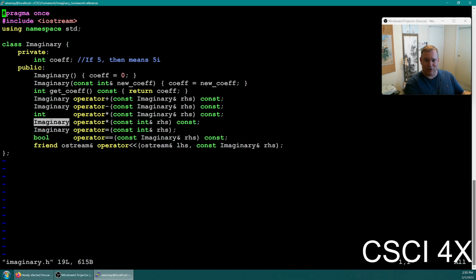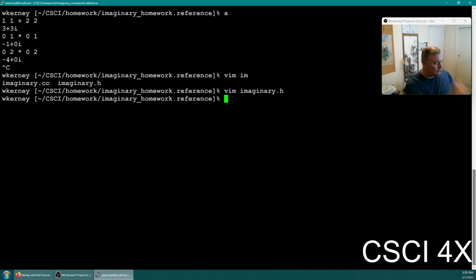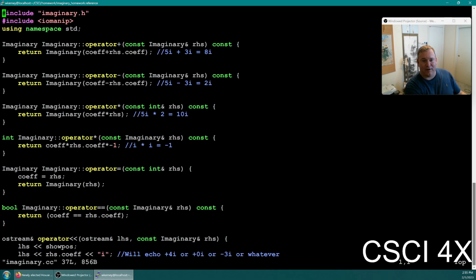And so all of the functions you need are there. And you're going to implement them in what's called an implementation file. Some of these are done for you. And some of them are not. And so you need to